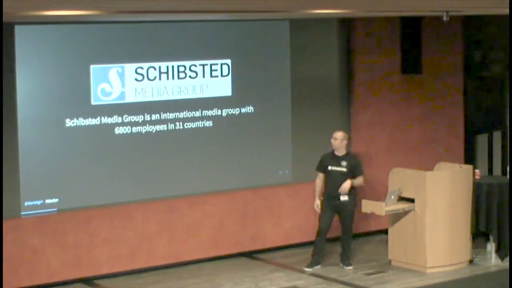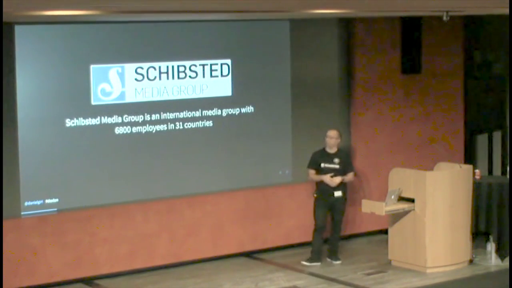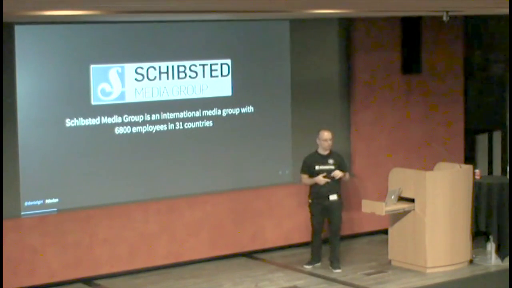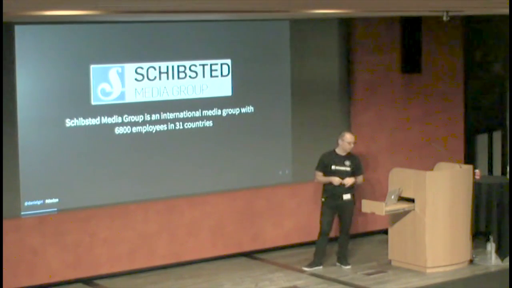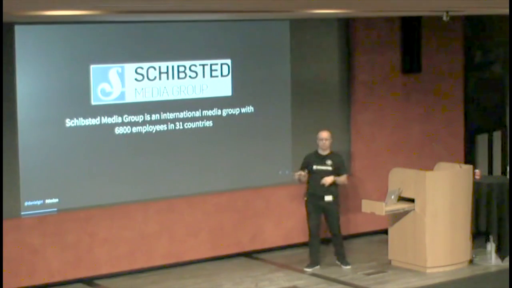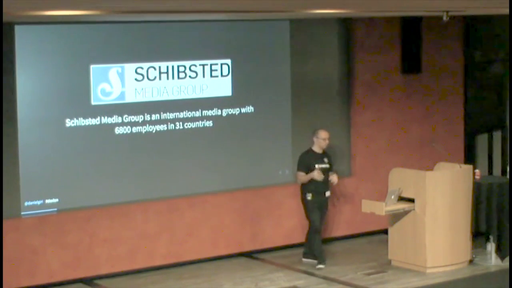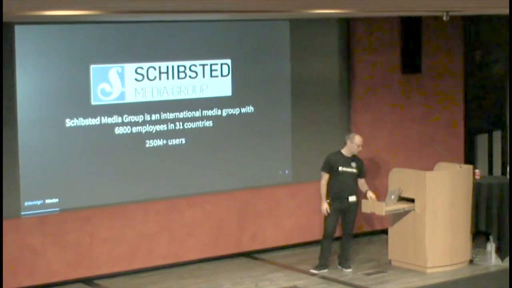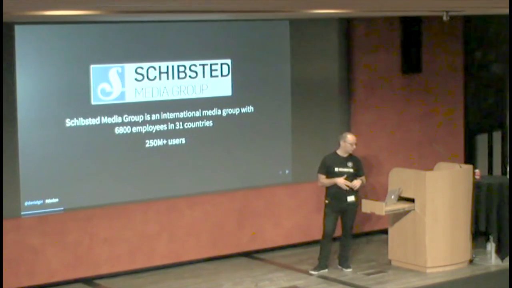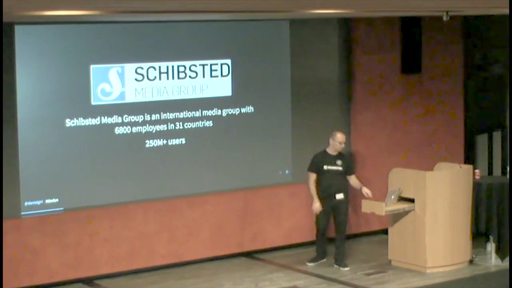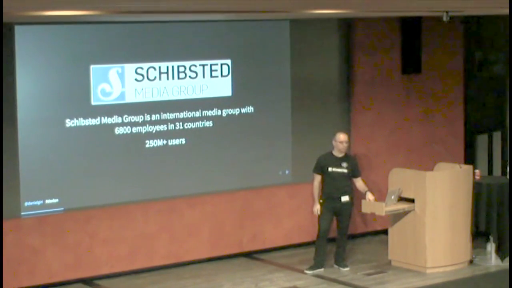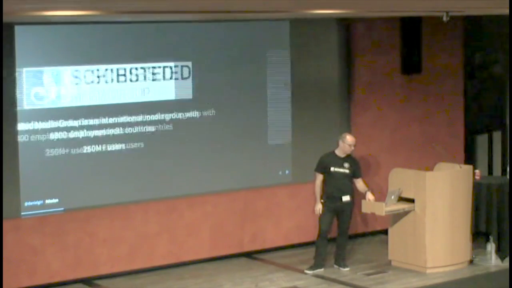So briefly about Schibsted, it's basically a media company that has marketplaces all around the world, and also media houses, as in newspapers, etc. It's quite a big one. We are in 31 countries, and we have like 7,000 employees, around 2,000 engineers, more or less. I think a bit less. And throughout those countries, we have more than 200 million users. So, yeah, that comes with some interesting challenges.